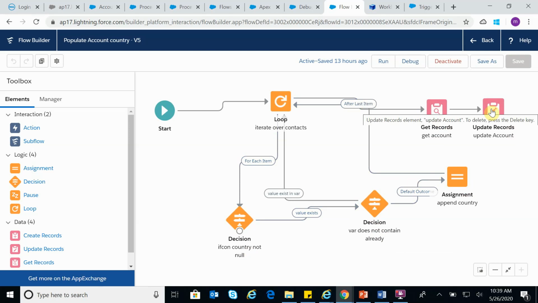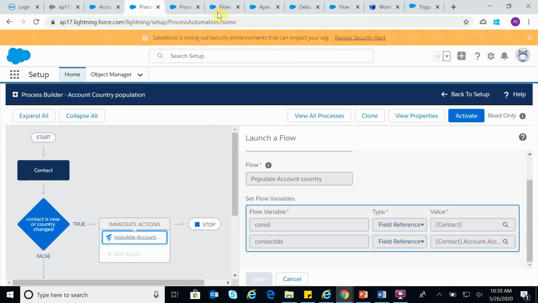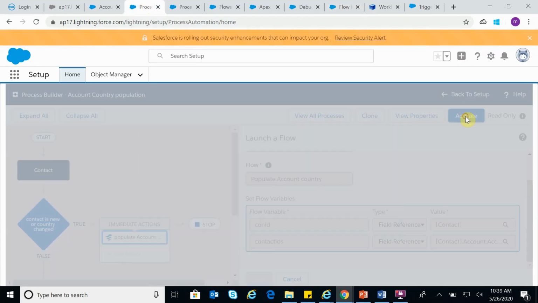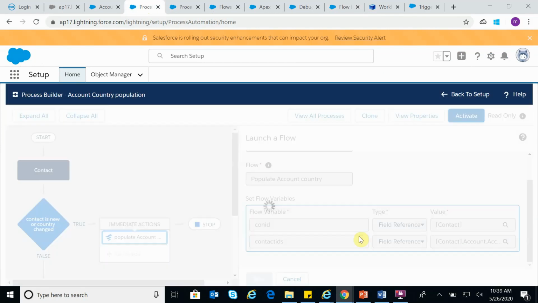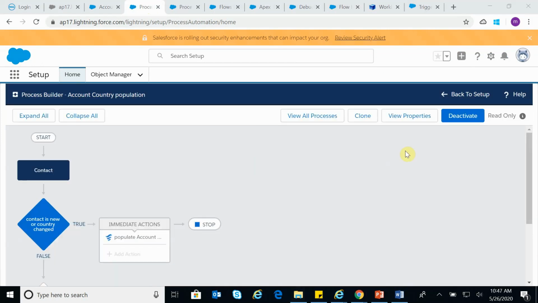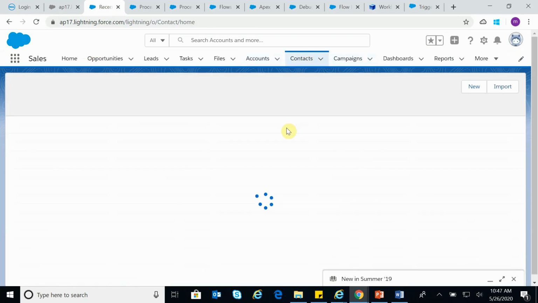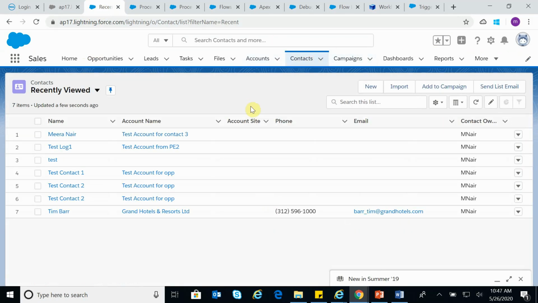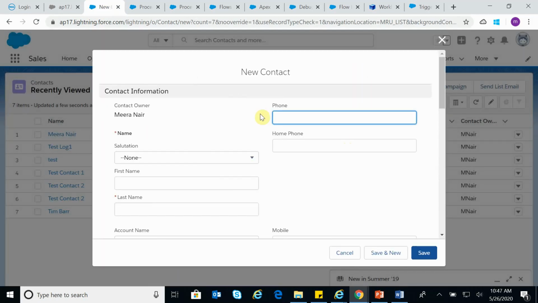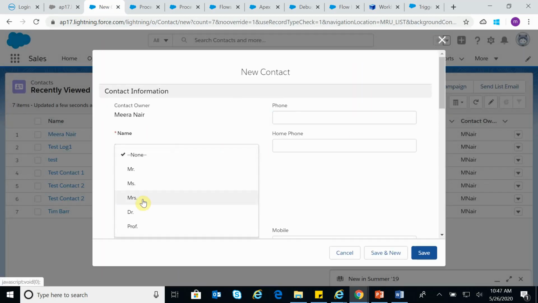So let us do one thing. Let us activate this process builder and execute the operation. I have activated the process builder now. Let us go ahead and create a new contact. I'm populating all the mandatory fields.